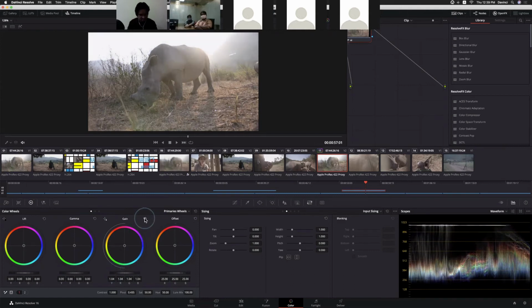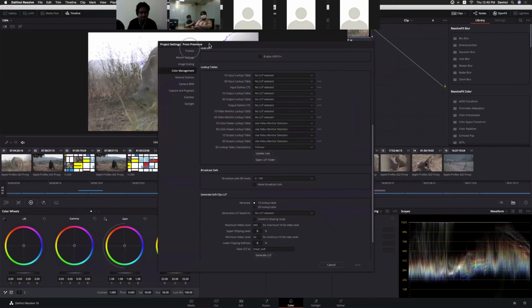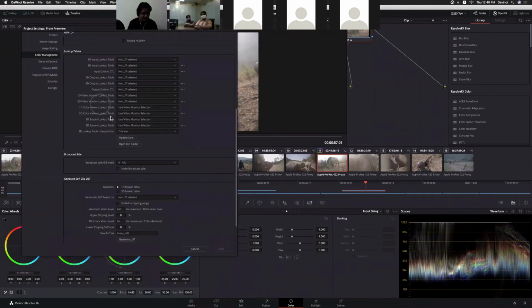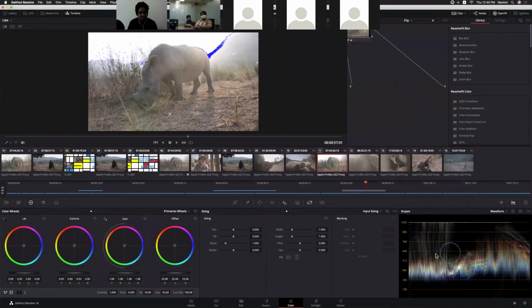So undo. Instead of doing that, go to File, go to Project Settings. Now under Color Management, just select this option. Click Save. In this way, we can limit whatever the excessive brightness is.